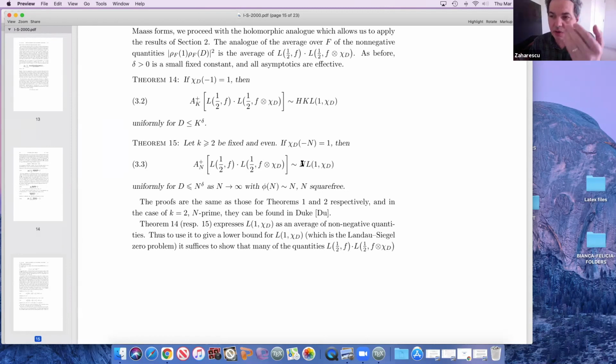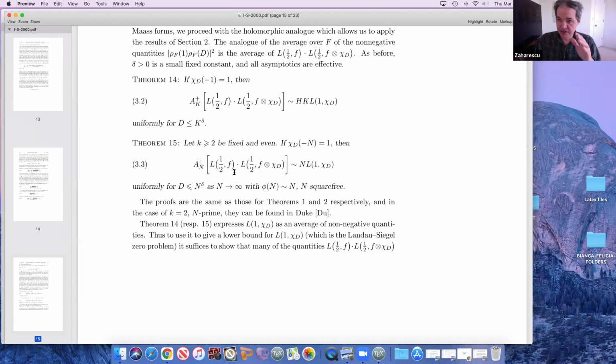What is this n in our previous notation is little q, and for us is the prime. But they don't even need this capital N to be a prime. This capital N is square free, such that the Euler function is asymptotic. In particular, when n is a prime, they do show that out of this average of this type of